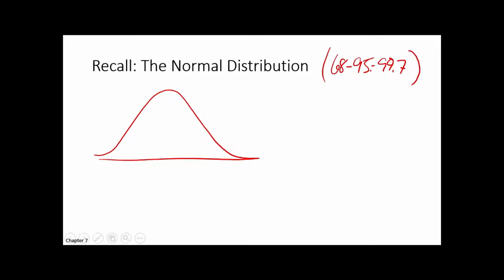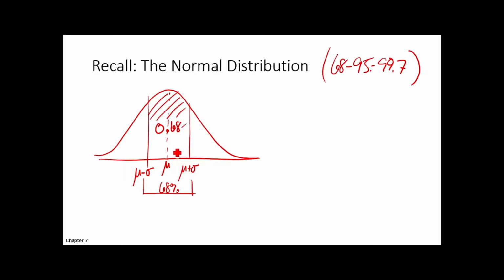Right? And we said that if you're at a normal distribution with a mean, if you go out to 1 standard deviation, what have you covered about? 68%. You cover 68% of a normal distribution. And actually what that corresponds to, that tells you that the area under the curve in this region is 0.68.